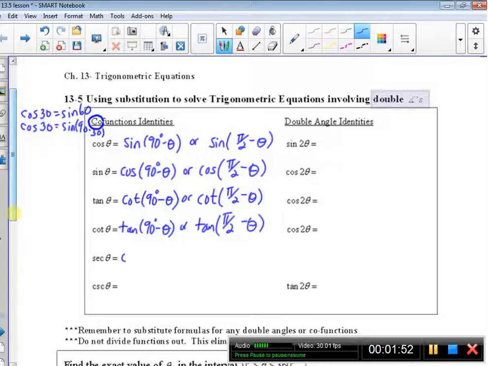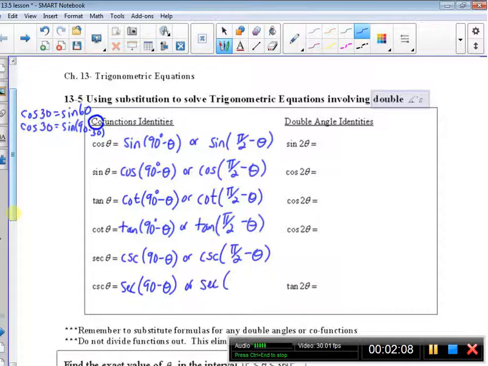Secant theta is equal to cosecant of 90 minus theta, or cosecant of pi over 2 minus theta, and cosecant is equal to secant of 90 minus theta, or the secant of pi over 2 minus theta. Those are your cofunctions, okay? So it's possible that if you were to see something like sine of 90 minus theta, you can replace it with cosine. The double angles, sine of 2 theta is equal to 2 sine theta cosine theta